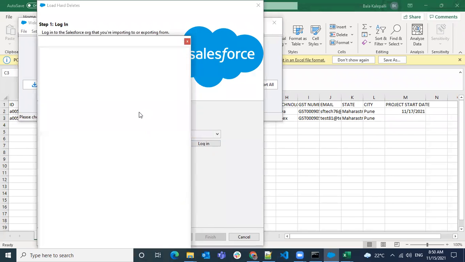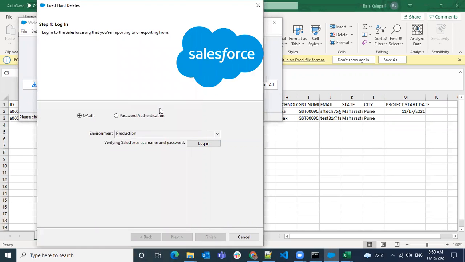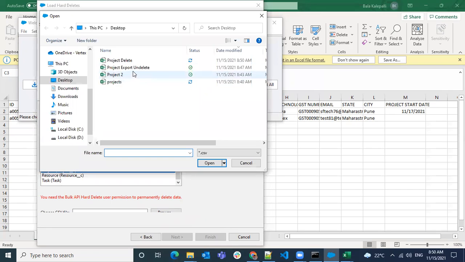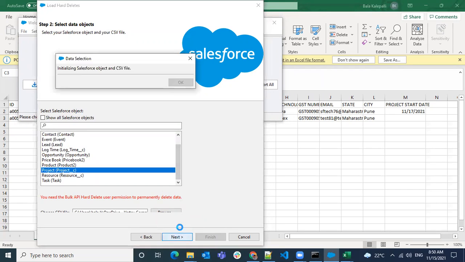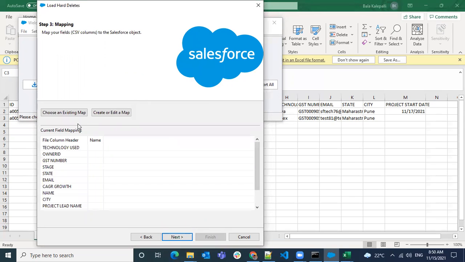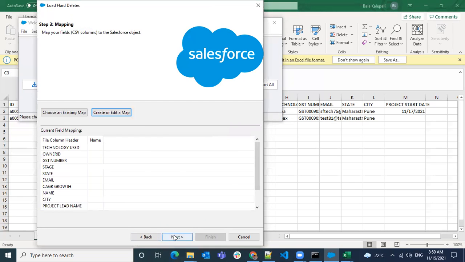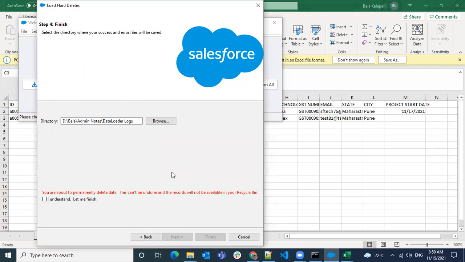Wow. Whenever you change the settings, it's asking for something. Okay, so it needs extra permission when you enable Bulk API. So it's asking me to allow. So once I enable it, it asks me for a file. So delete, open, and do a next. Done. And custom mapping, auto map. Okay, so I'm doing only 2 records. Understood. Let's finish.